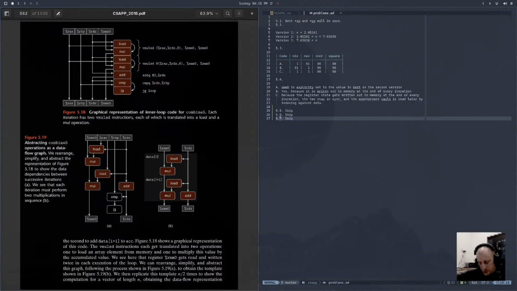Figure 5.18 shows a graphical representation of this code. The vmulsd instructions each get translated into 2 operations, one to load an array element from memory, one to multiply it by the accumulated value. So here the register %xmm0 gets read and written twice in each iteration of the loop. We can rearrange, simplify, and abstract this graph following the process shown in figure 5.19a to obtain the template shown in figure 5.19b. We then replicate this template n/2 times to show the computation for a vector of length n, obtaining the data-flow representation